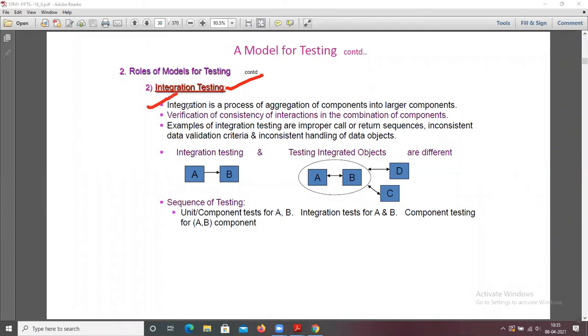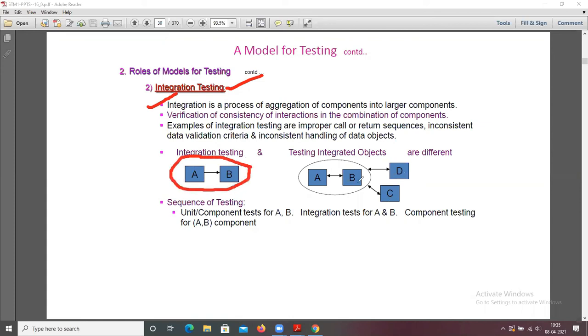So what is integration testing? So what is the integration? Integration is a process of aggregation of components into larger components. If you observe, this is A and B. Now, if you combine A and B, this we call an integration.